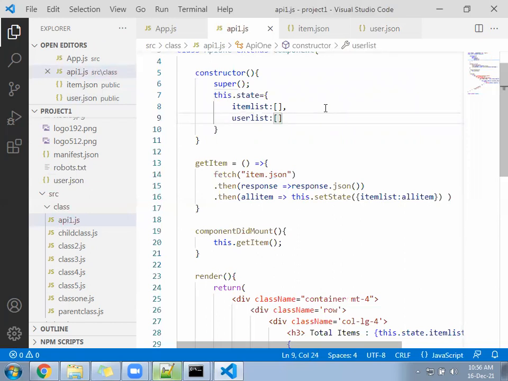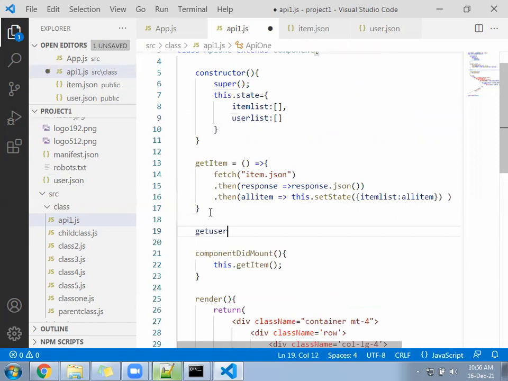Array name will be user list. User list is ready. Now come down, write a function called get user.